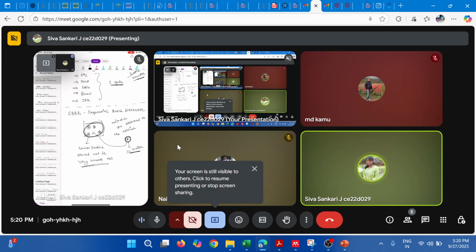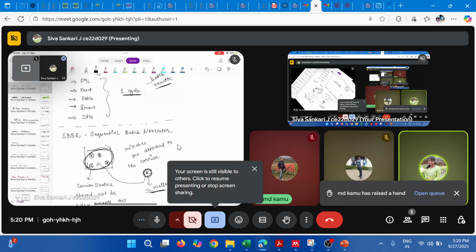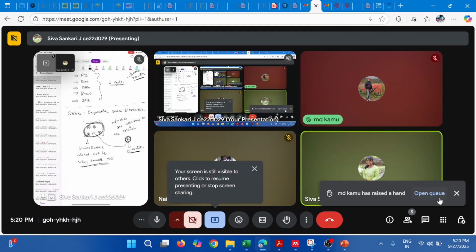So these are the desirable characteristics for the carrier. Okay, so the next type is